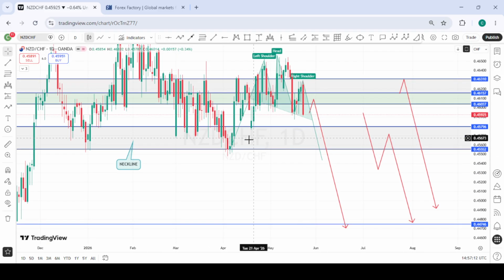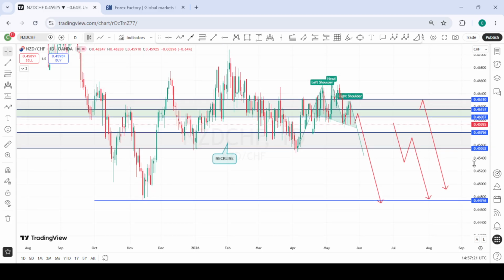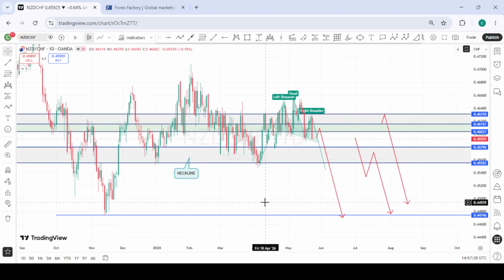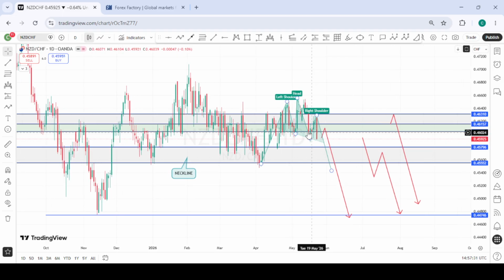So we can either decide to take our first TP at the weekly structure points here and then wait for it to break this entire neckline of this big head and shoulder formation. We come for another pullback and then we look for another sell continuation. So you have to decide on how long you want to hold on to this position. You can either take your first TP. If you're able to catch this sell here, you take your first TP at the structure points we have here. Wait for price to break, come for another retest of the neckline of the big head and shoulder. Then you take another sell to the downside to this very TP we have, or this very low we have here for NZDCHF.